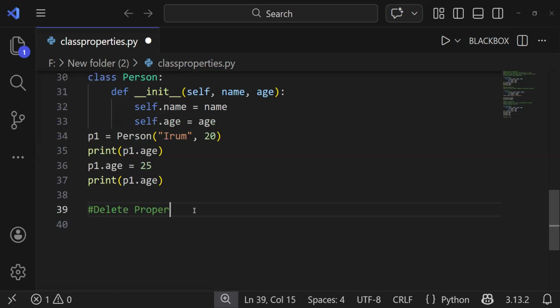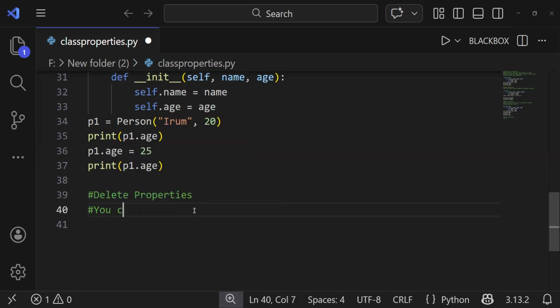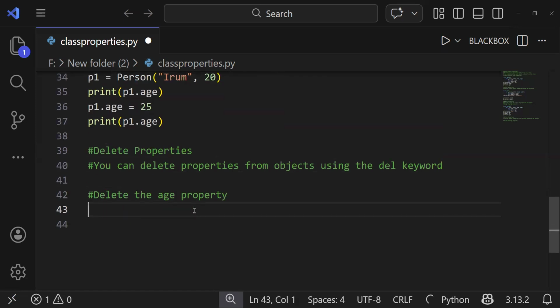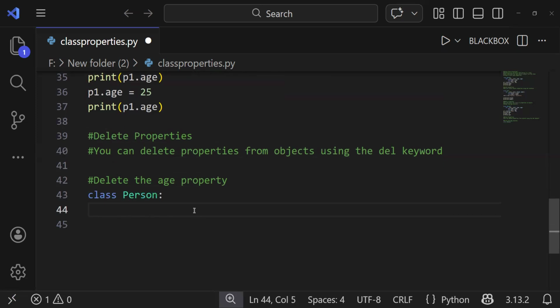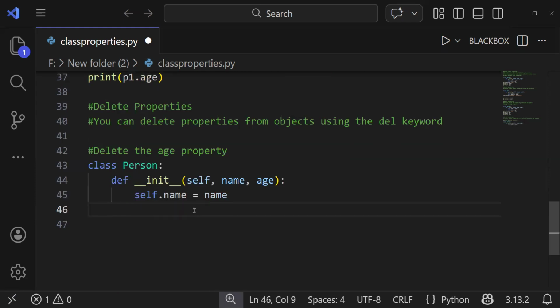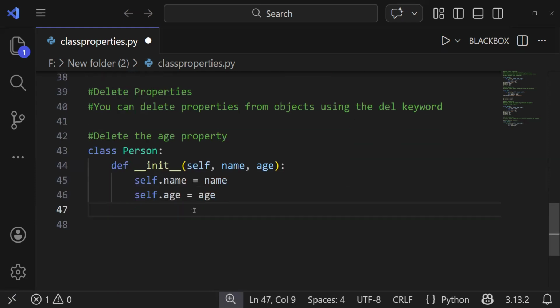Delete properties. You can delete properties from objects using the del keyword. How do we do that? Let's say I want to delete the age property. So class Person and define __init__